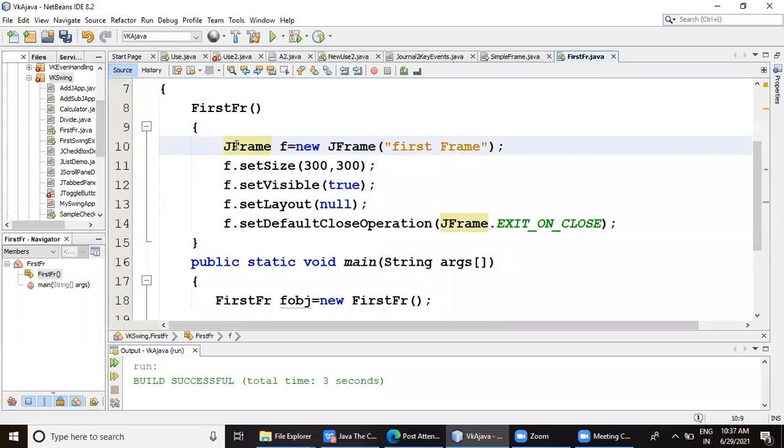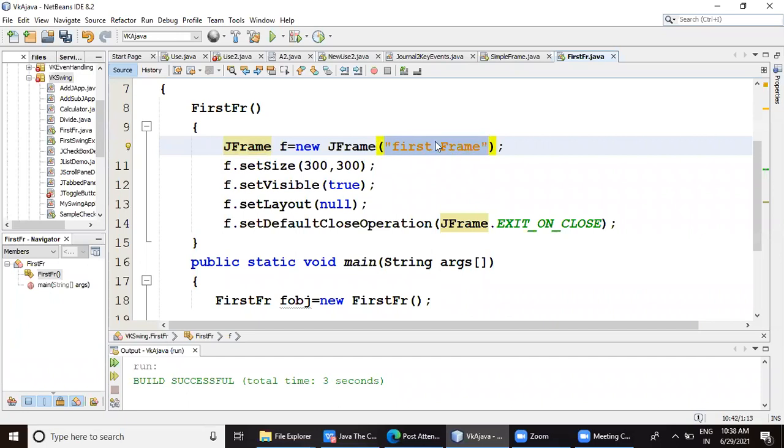So instead of creating normal frame, I have taken JFrame. Why? Because JFrame has got some advanced properties here. Fine. So JFrame, how do you create object? That is normal. You take a class name, object name equal to new class name. Whenever you create a frame, it takes one parameter which is not compulsory, but it is better to give.